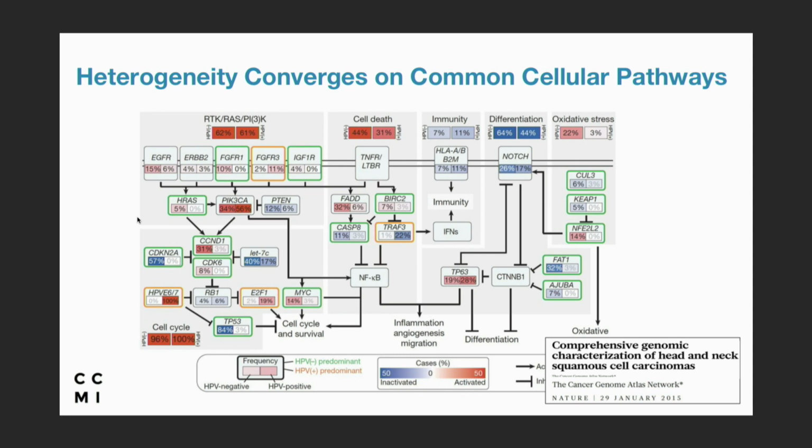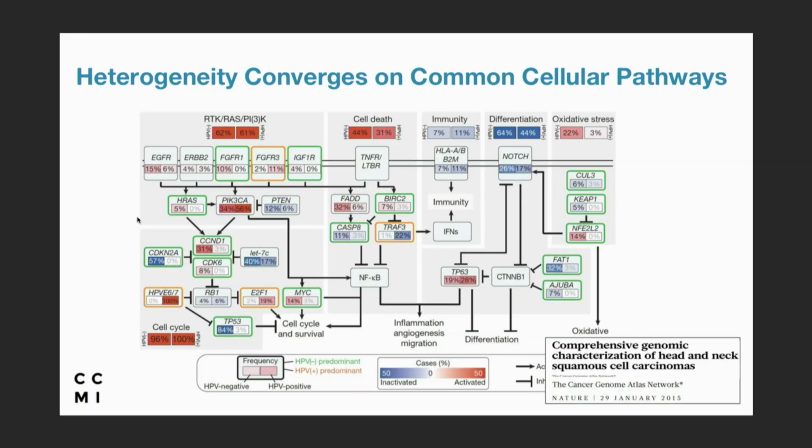Here what they've done is group genes largely into 5 columns. And so you can see one column is called the RTK-RAS PI3K pathway. One is cell death, one is immunity pathways, and so on and so forth. And within each column, they draw a wiring diagram of what genes and gene products they hypothesize are talking directly in some kind of communication or protein complex modular system to each other. And then inside of each of these boxes, you have the percent of tumors that are mutated in that component.